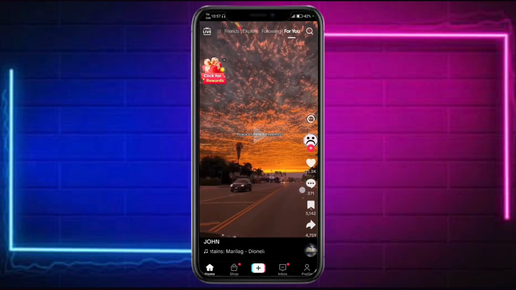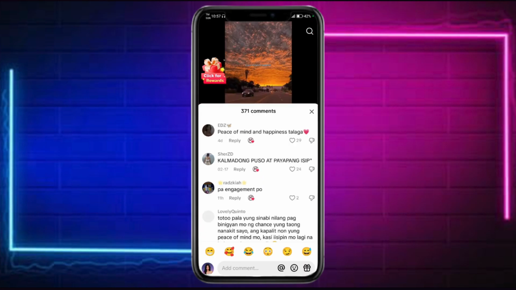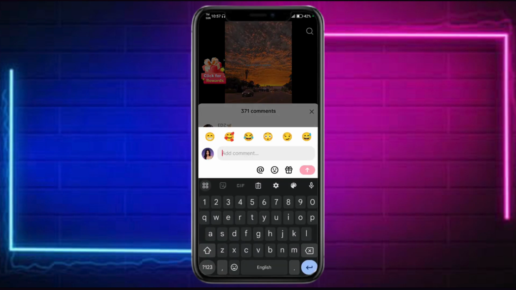Let's click onto this comment icon that we can see right here. Now in here you can see this. As you can see onto the comment section, we only have the add option, the gift option, and the likes. So if you want to actually comment in here a photo, what you can do is you can click